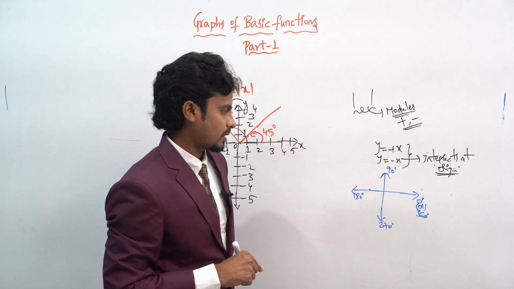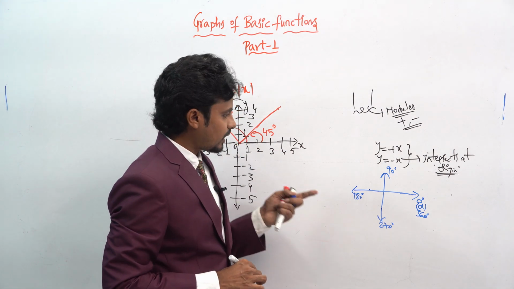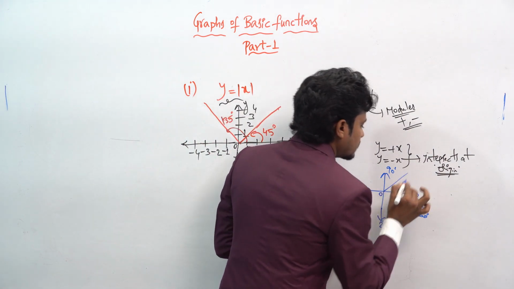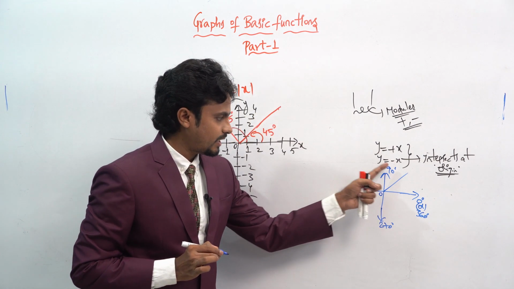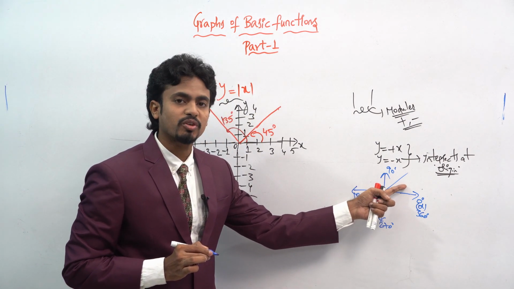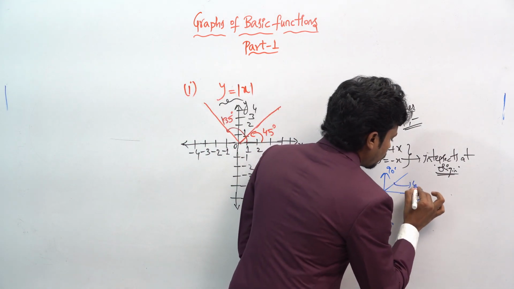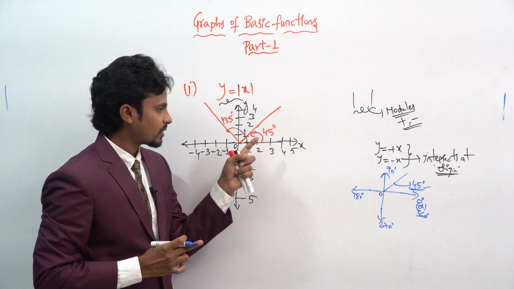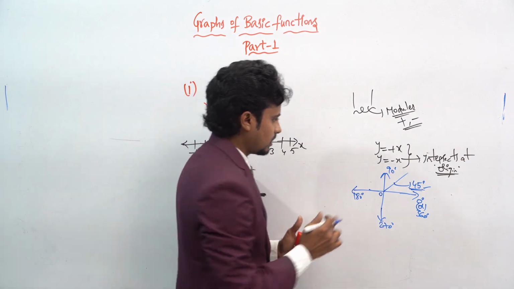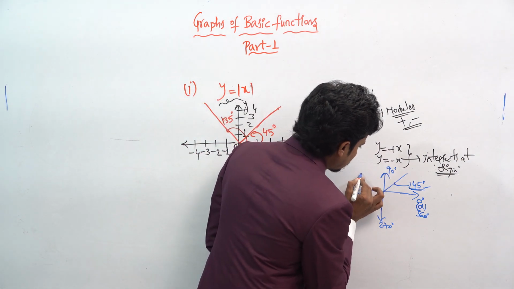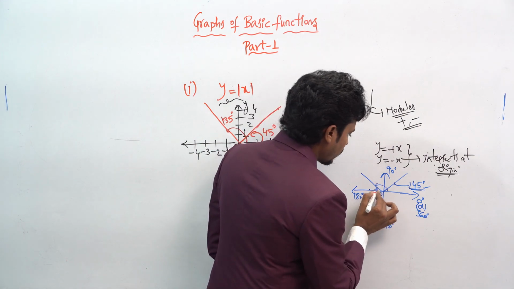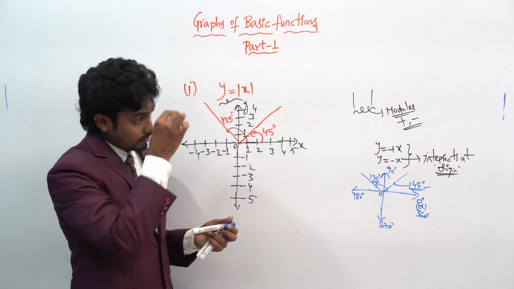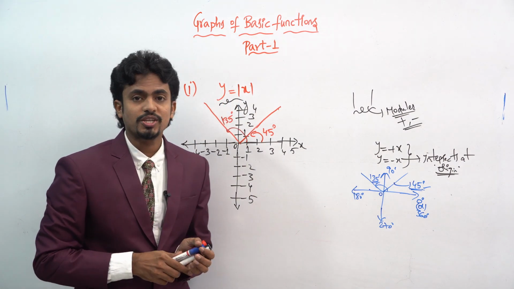Okay, full rotation. So here our straight line is from 0 to 90, right? That means from 0 to 90, in between, this will become 45 degrees. That 45 degrees we also have to write here. Okay, next, here this will be from 90 to 180 degrees. The line will be like this, and hence this will be 135 degrees. Okay, this was the plot for y is equal to modulus of x.